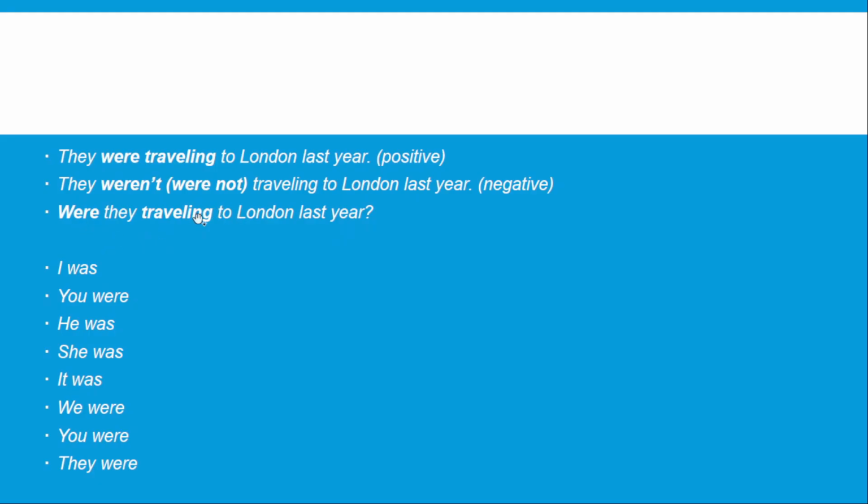Another one. It's a question, right? Were they traveling to London last year? This is a question in the past continuous. We start with the verb be plus the subject plus the action verb with ing. And here we have a schema, yes,